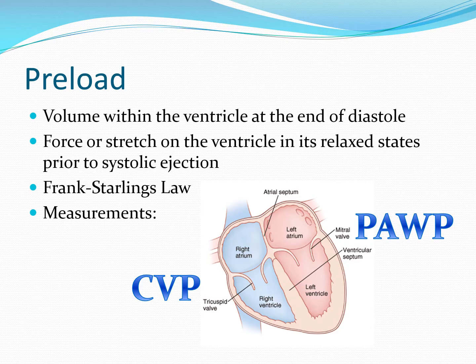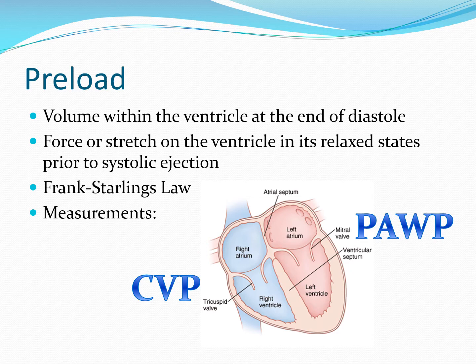Looking into preload, this is the volume that is in the ventricle at the end of the diastolic phase. So this is the last fill right before it ejects out of the ventricle with the systolic end of your cardiac cycle. Frank Starling's law, we're going to get into that in a minute. CVP and PAWP are the hemodynamic measures that you might hear about. These are invasive measurements. Really, the CEN doesn't focus too much on CVP or PAWP, but just for general knowledge,